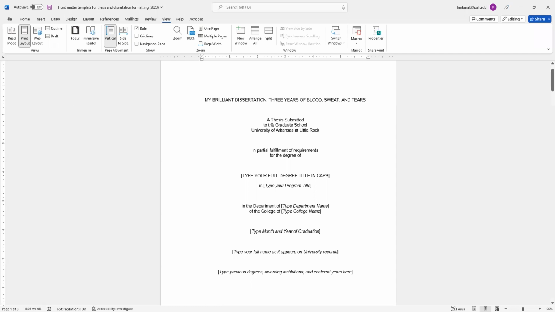In this next little section, you need to pay attention to the wording. So if you're a master's student, then you're writing a thesis. You can leave this the way it is. If you're a doctoral student, you need to change thesis to dissertation, and it needs to be capitalized. Notice just the front letter is capitalized, not all of them. And yes, we will return your manuscripts to you if you have something miscapitalized. So your attention to detail is absolutely critical here.